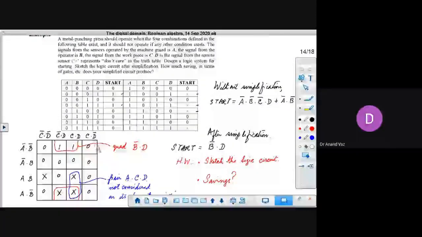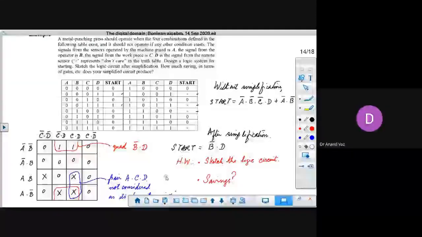Now, before we proceed further, there is another way. We have seen the method of sum of products. When we wanted to formulate the Boolean logic, we did the method of sum of products. There is another method also, which is called the product of sums.